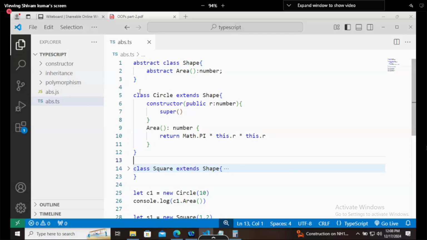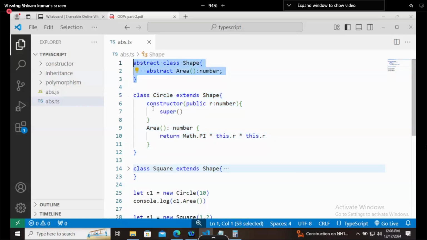This particular class of circle is extending the shape. So technically, this area function is coming from shape. Now, in the background, which thing will go to the user? This class? No. This will go to the user, not this one.